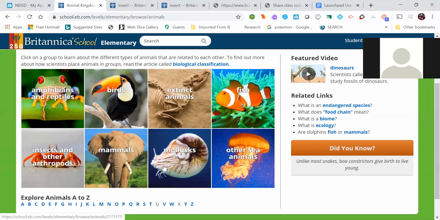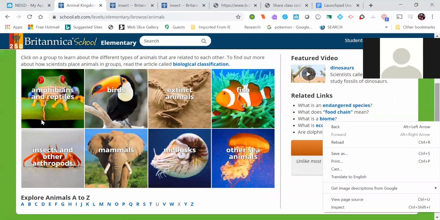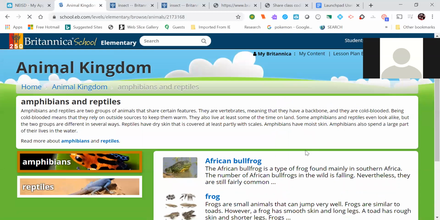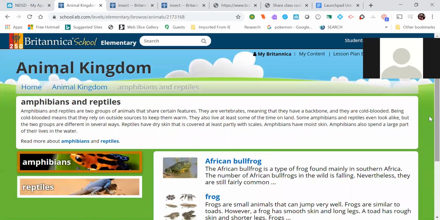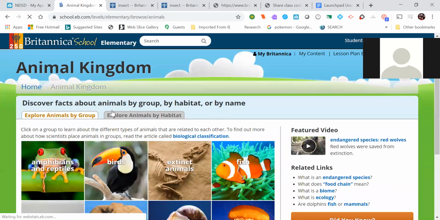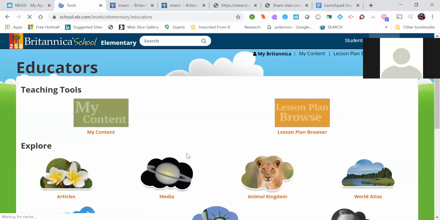So you could tell them to find their own animal that they want to research or look into a little bit more. And when you click on it, they can go from there and choose and read more about individual animals. So I like that one. Also, back in educators, we have